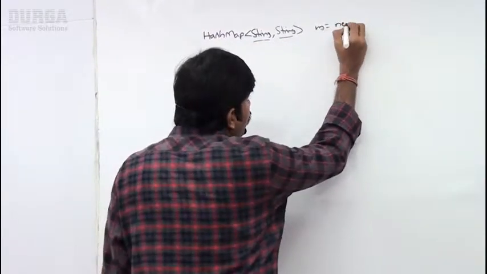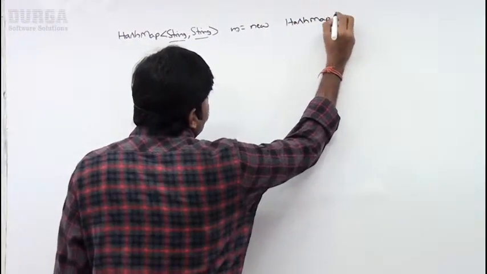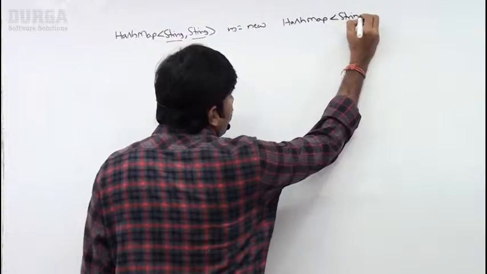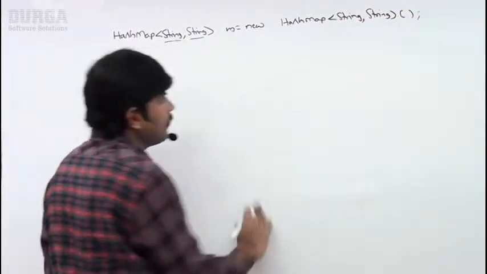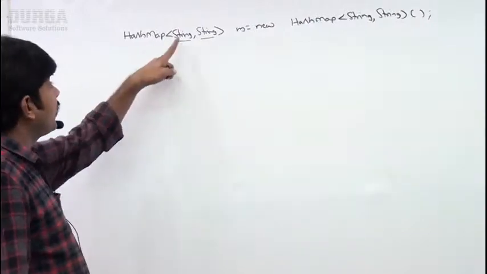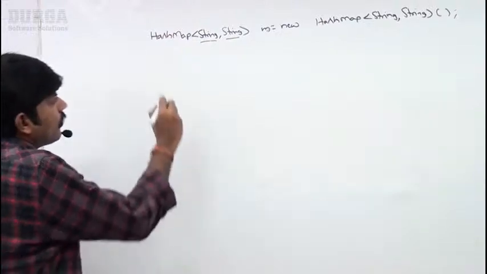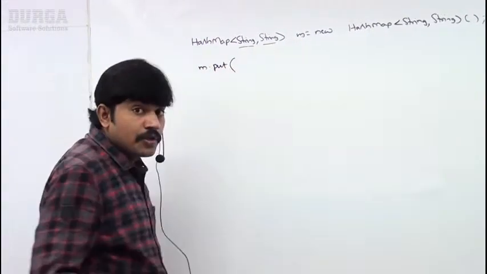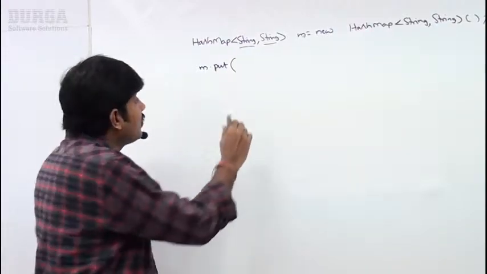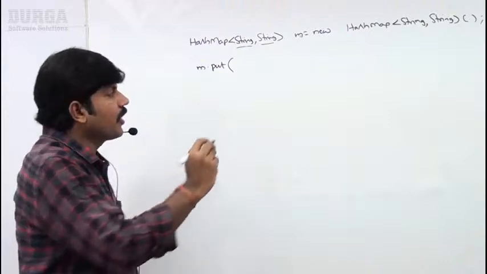Now new HashMap of String comma String. I got a new HashMap of String comma String. I create a HashMap object. Remember, sir, now I want to add the key values. If you want to add key values, then we require to call which method, sir? Put is the method we have to call. Okay, now